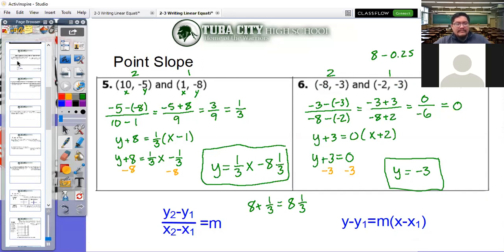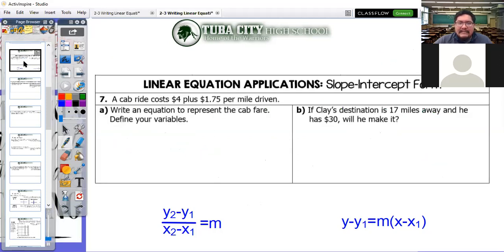So those are just some examples on how you would write them down. So let's go ahead and look at how you would use some of these IRL, where you would use some of these. So, applications of slope intercept form. All right, so this example,